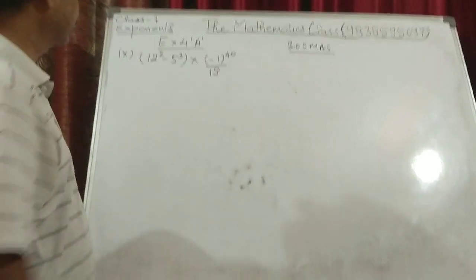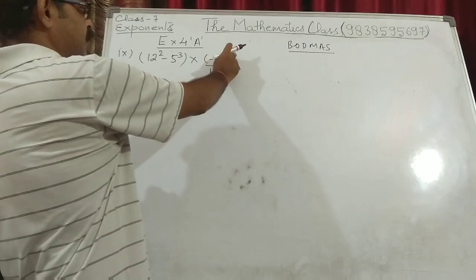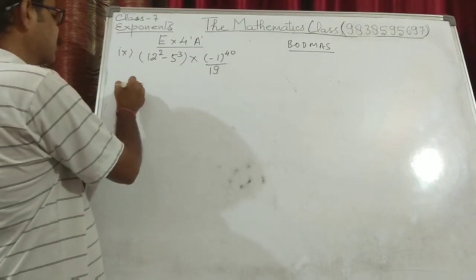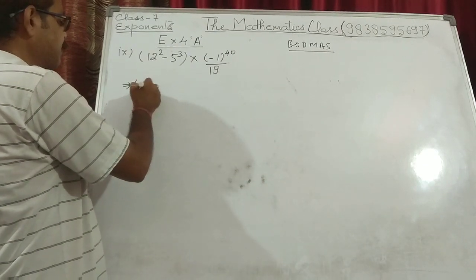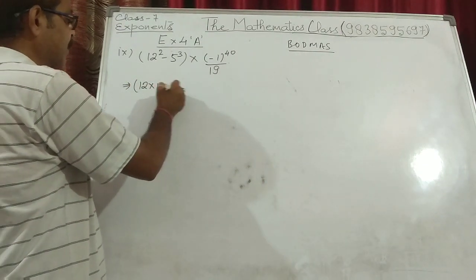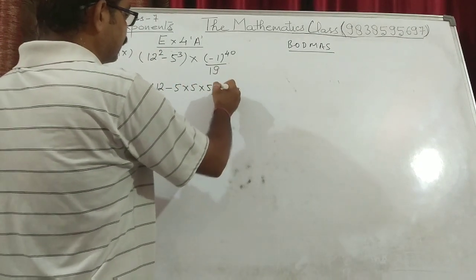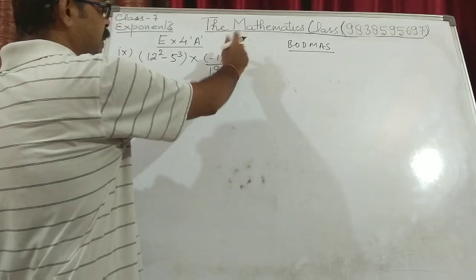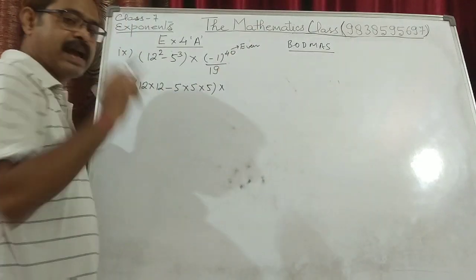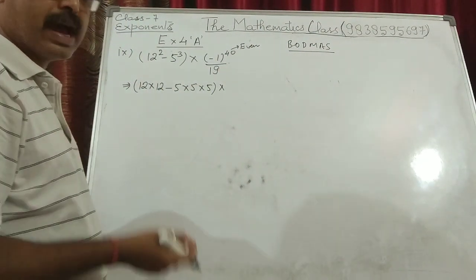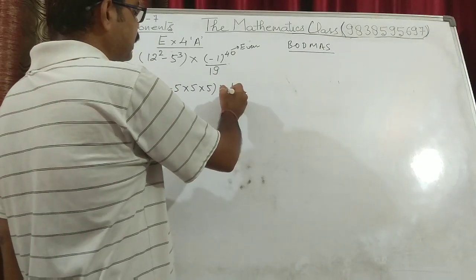Now the ninth part: 12 square minus 5 cube into minus 1 to the power 40 upon 90. Now 12 square means 12 into 12. So if you expand it, it will be 12 into 12 minus 5 into 5 into 5 into minus 1 to the power 40. 40 is even, so this minus will become positive, and 1 multiplied by itself 40 times will be 1 only